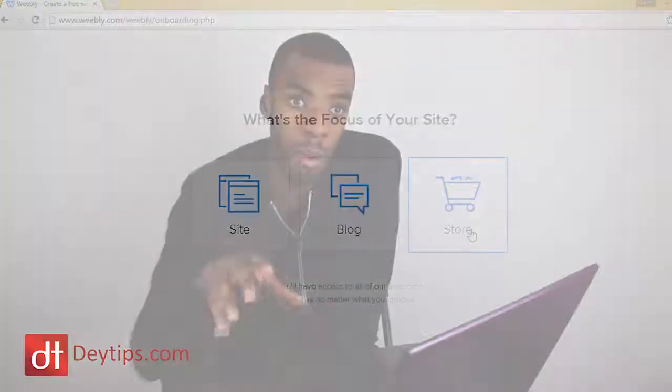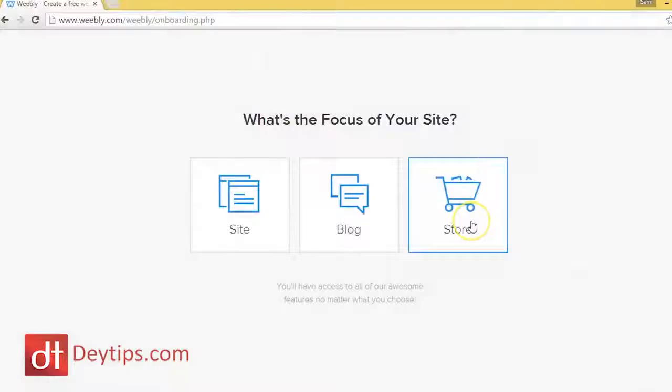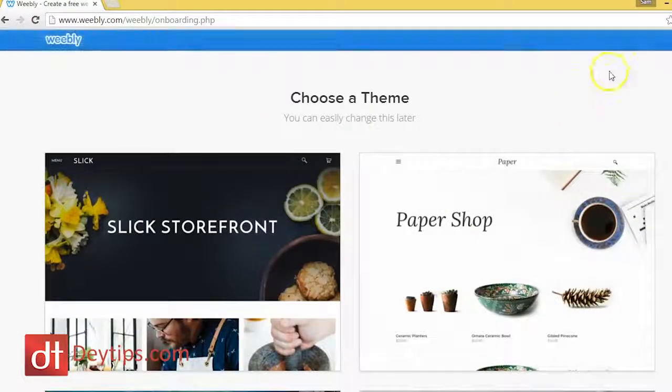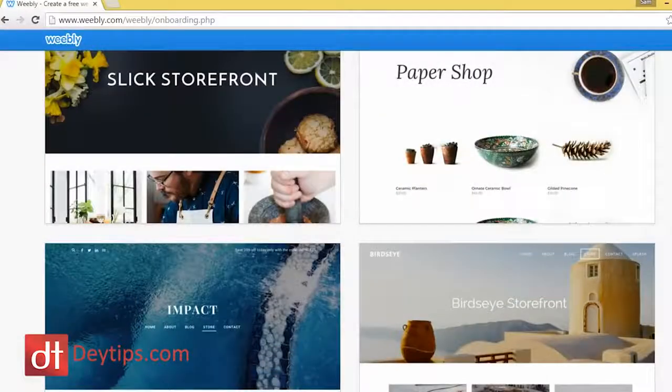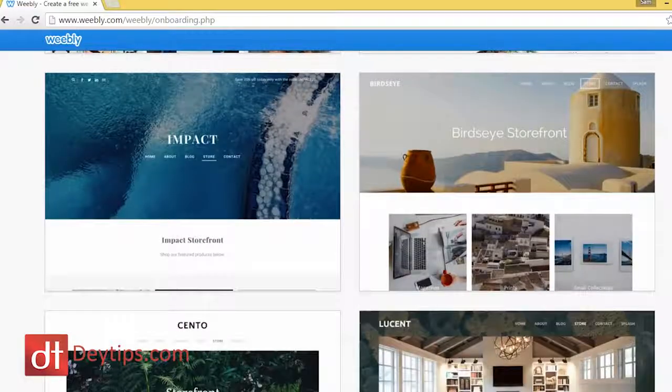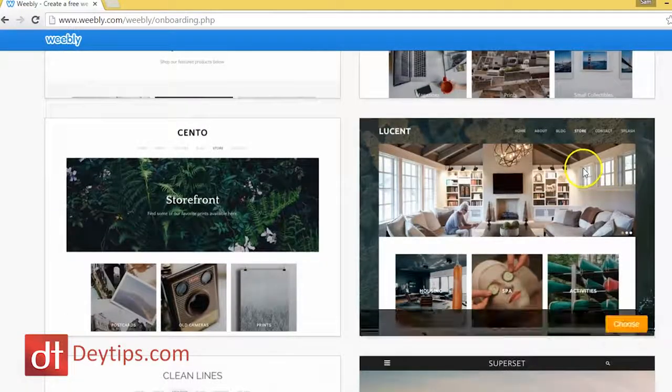With the store function, this is what I'm going to be mainly speaking about today. This is how you can actually monetize your website or add products and services to start selling directly from your Weebly site and to take sales from your Weebly website. So if we just click on store, this will give you a lot of templates that you can use, so you don't have to be a graphic designer, you don't have to hire anyone. It has its own inbuilt templates, quite easy for you to just use. The best way to do this is to look through all of these and see which one best suits your business. But just for example purposes, let's say I chose this one. I just hover over it and you can see this yellow choose button comes up. And if I click it,